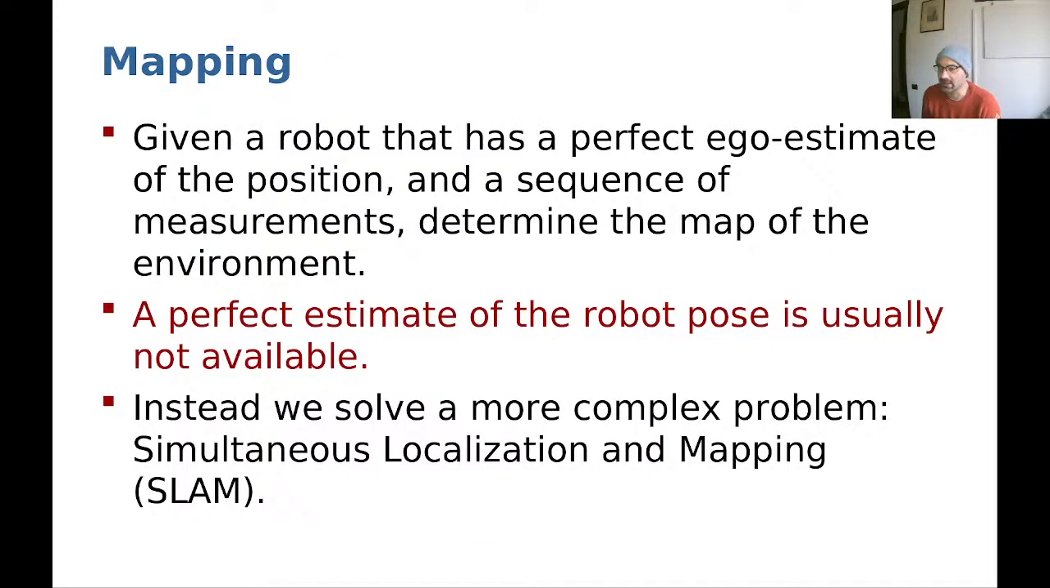Mapping, I've already stated in the initial slide what the problem is. Basically, I have a perfect ego estimate of the position of the robot, and what I'm interested in is to construct a map that I can localize in. Problem is that typically you don't have a perfect estimate of the robot position, and so we have to resort